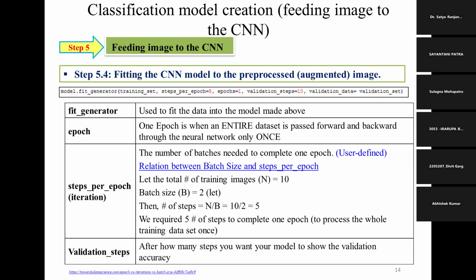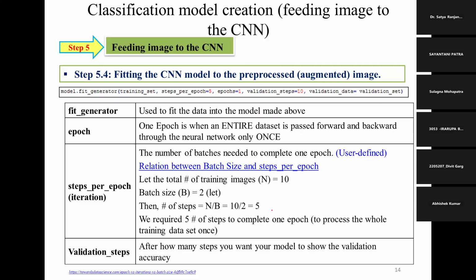And what are steps per epoch? Steps per epoch is the number of batches needed to complete one epoch. Here is the formula between batch size and steps per epoch: the total number of training samples divided by the batch size. Let's say you have 10 images in one epoch and your batch size is 2, then the number of steps is 10 over 2, which is 5.